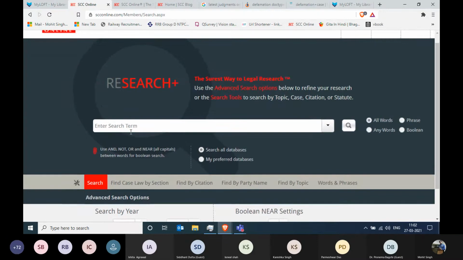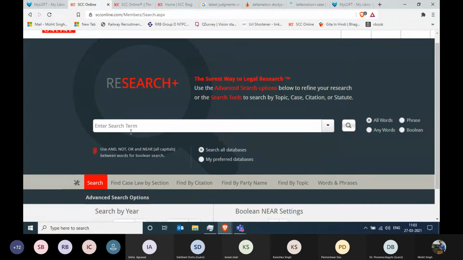Sometimes researchers also want to see the sections as well as their subsections, and in rare scenarios they also want to see the provisos. I'll repeat my statement again. Sometimes researchers want to see the act, the section, the subsection, and in rare scenarios also the provisos. How can we do such an extensive search on SCC Online with only the near operator? Most of you already know the answer.